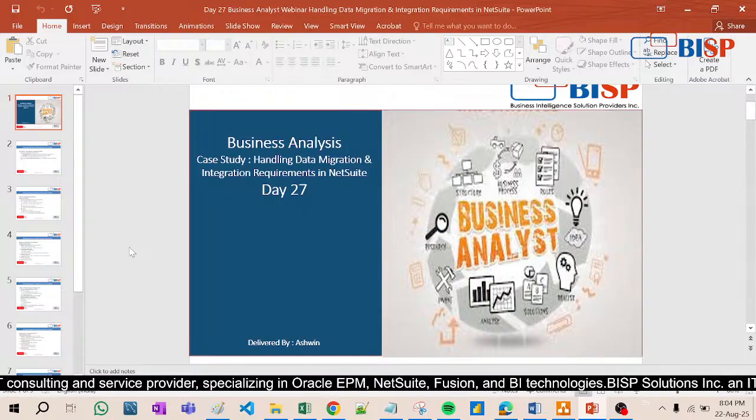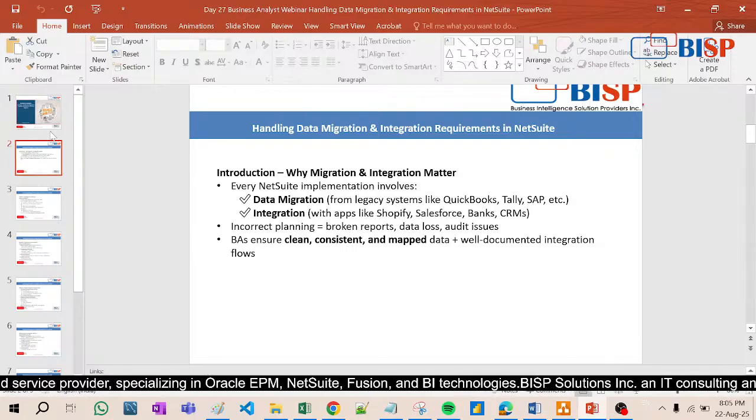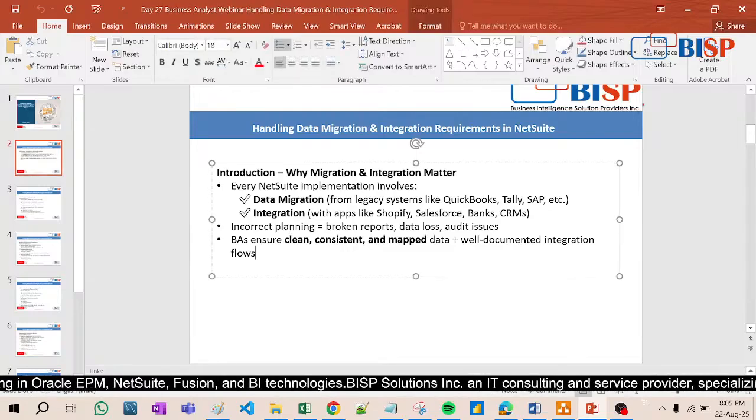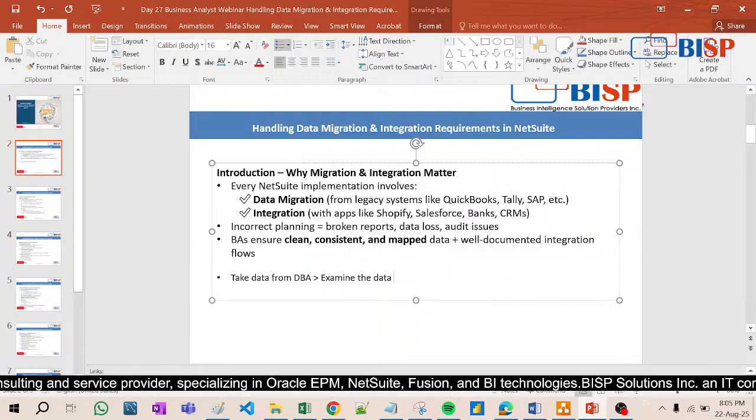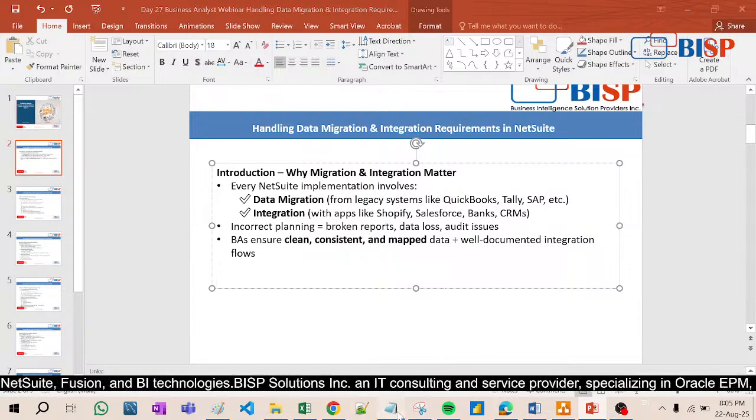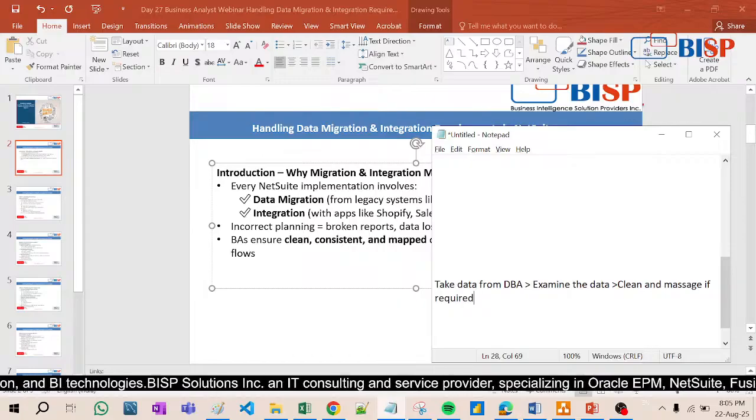Let me give you an overview. First of all, in migration there are some steps, and let me show you here. First, take data from the database administrator of the client, then examine the data. After that, clean and massage it if required. And then migrate